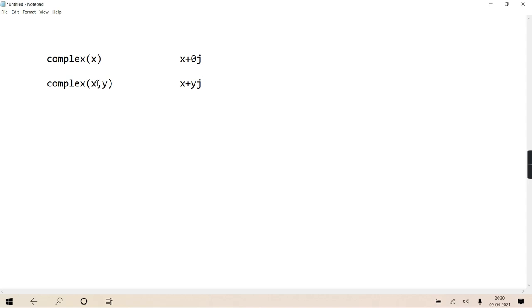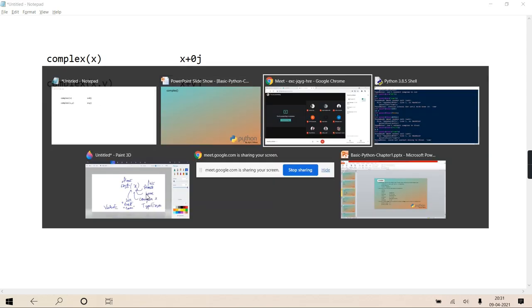Those are the conditions they have enforced. So with x only, that is the real part and the imaginary part is not there. With x, y, x is the real part and y is the imaginary part.